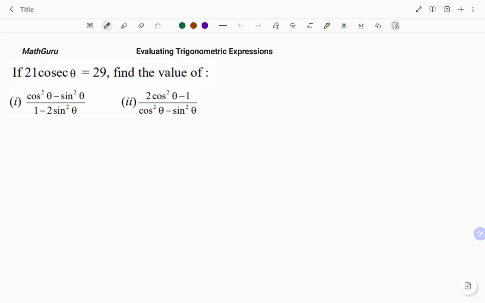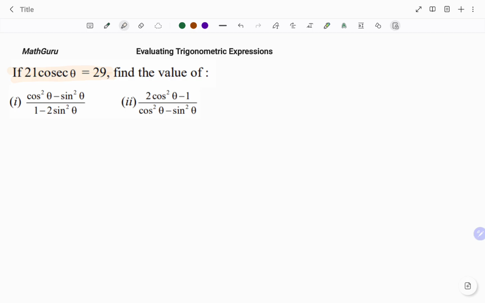We have: if 21 cosec theta equals 29, find the value of (cos squared theta minus sin squared theta) divided by (1 minus 2 sin squared theta), and (2 cos squared theta minus 1) divided by (cos squared theta minus sin squared theta). The first step is to simplify the statement that says 21 cosec theta